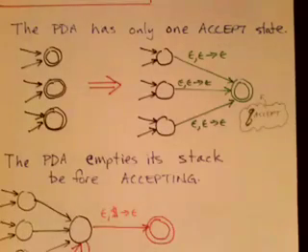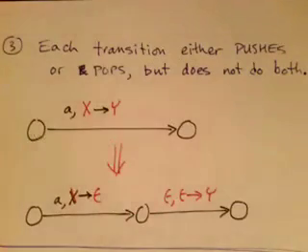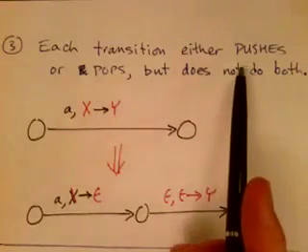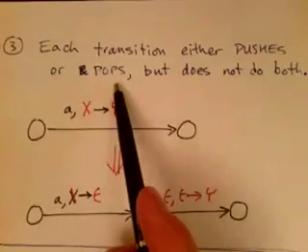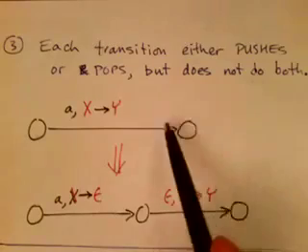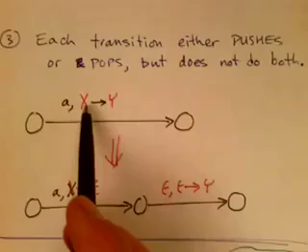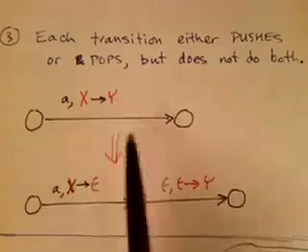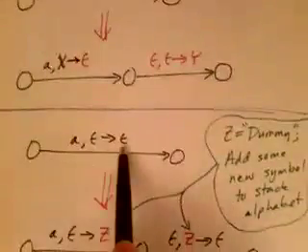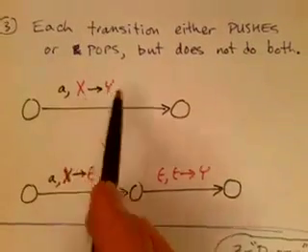We have a couple more simplifications to do as well. The next simplification we want to do is to make sure that every transition in our pushdown automaton either pushes something onto the stack or pops something from the stack, but does not do both. So we need to show how to modify transitions that both pop and push, as well as modify transitions that don't do either. So first, if we have a transition that pops an X and pushes a Y,